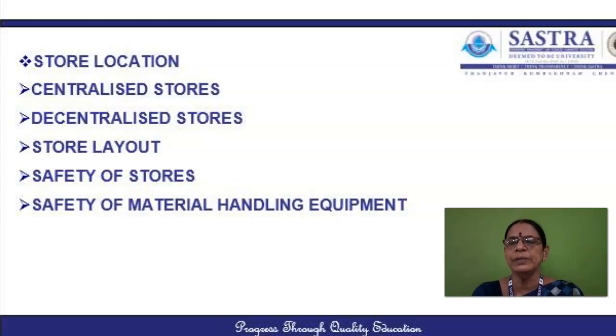Normally, the safety rules pertaining to the mechanized material handling equipment will consist of the following. First one is, when the driver leaves the vehicle, the handbrake should be properly applied and the equipment must not be left unattended while the motor is in a running condition. Vehicles should not be reversed until the operator has ensured that the way is clear. If possible, another person must guide him. The vehicles should be switched off when lubricated.